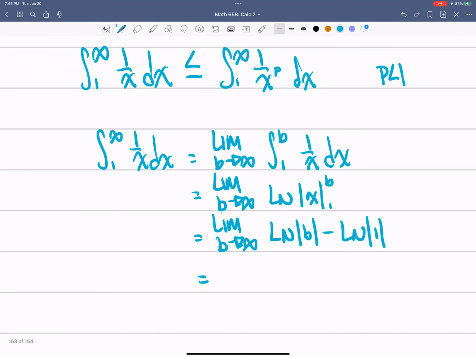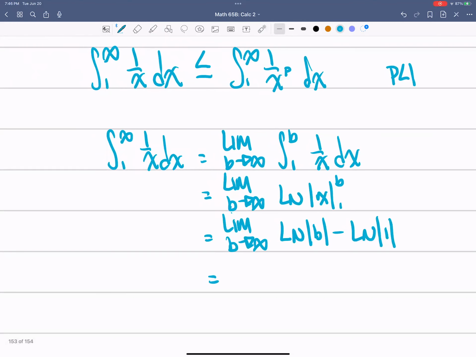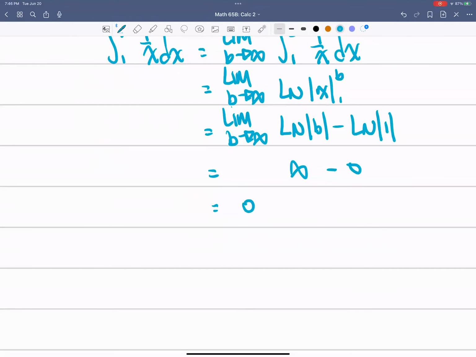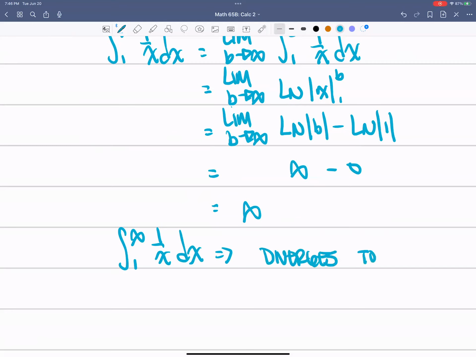Ln of b, or ln of infinity, goes to infinity. So this part goes to infinity and we're subtracting 0 from it, so it goes to infinity. Therefore the integral from 1 to infinity of 1 over x dx, does it converge or diverge? This diverges to infinity,